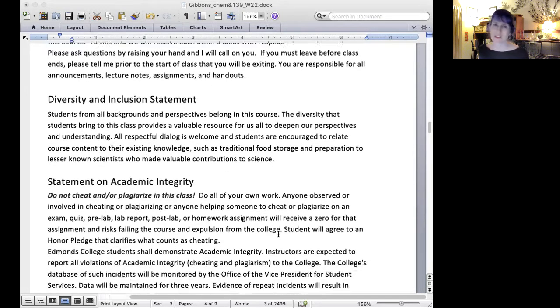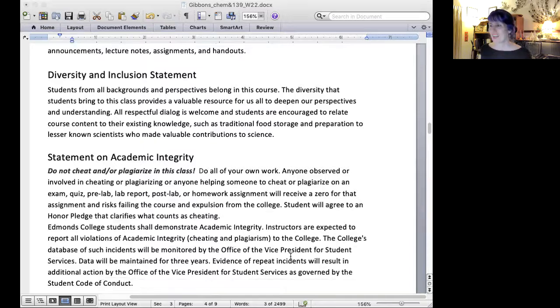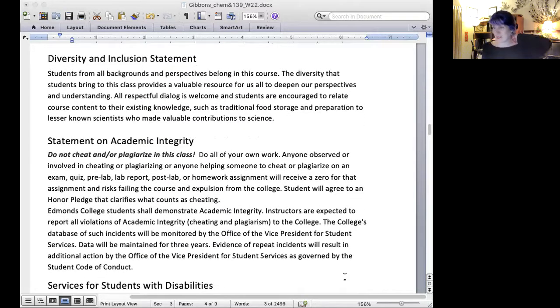But don't cheat. Do all of your own work. This is the academic integrity section. I have a couple statements in there and an honor pledge just to explain what cheating looks like, because sometimes it's not clear. How do you know when you're collaborating versus when you're crossing the line and using someone else's work?